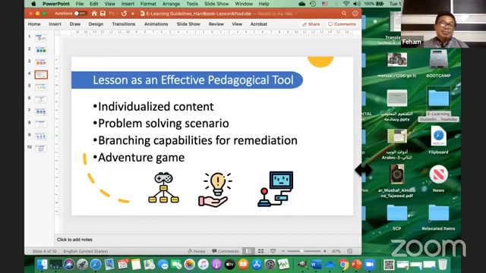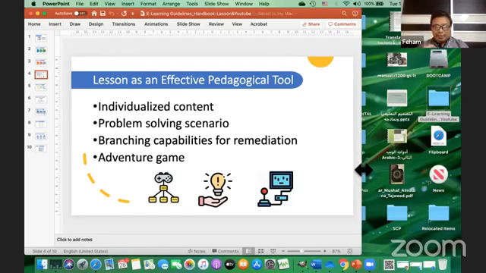Another use of the lesson module is that you can create branching. Maybe some of you are familiar with this; all of these points are actually related to what is called adaptive learning.